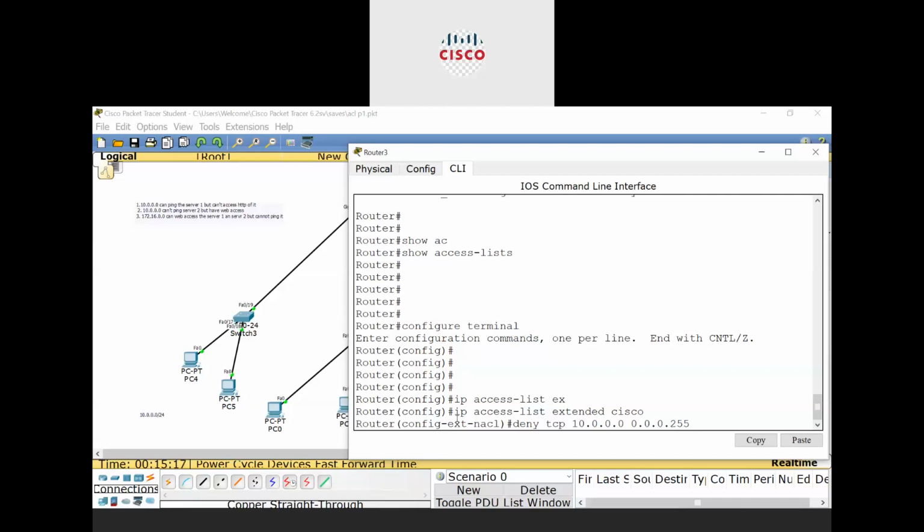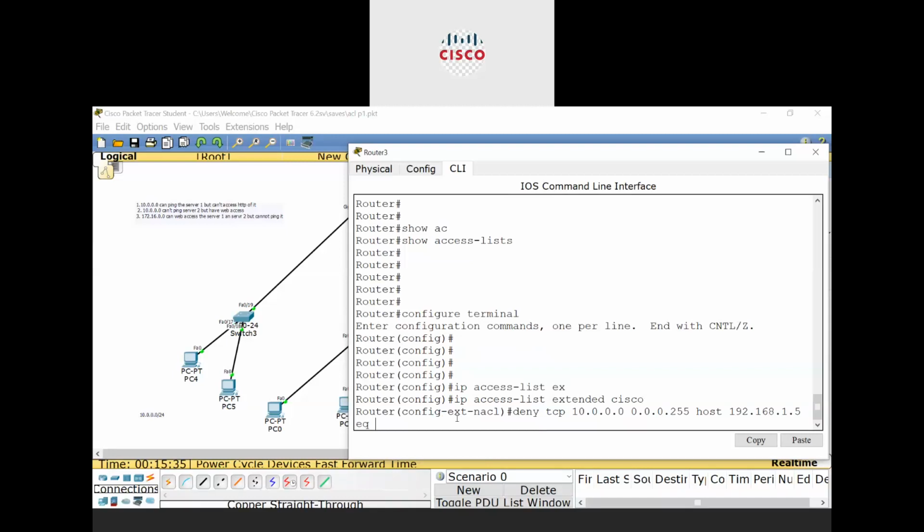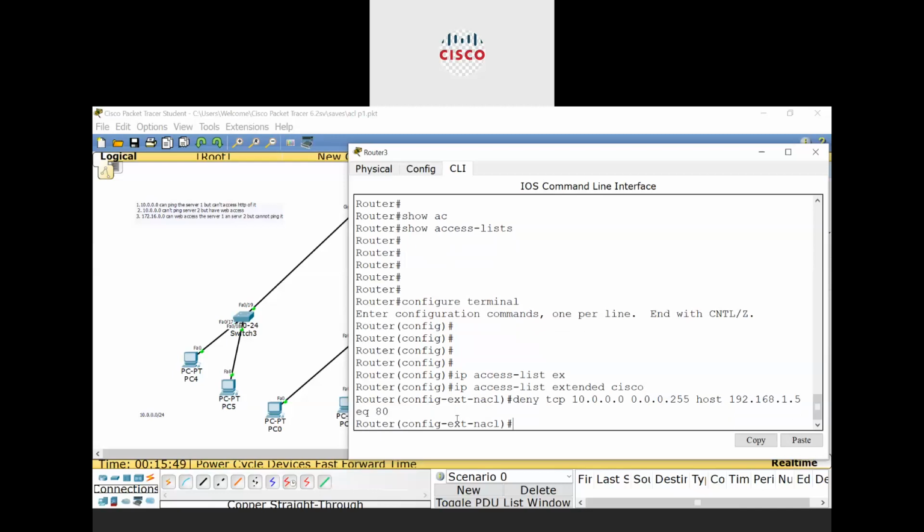Server 1 has an IP address, I'm using the keyword host, which indicates that I will give only one IP address for it, 192.168.1.5. And now I want equal to the port number of the HTTP protocol. What is the port number of HTTP? Everyone knows that it is 80. So that's it. Let me read the rule in a single line.